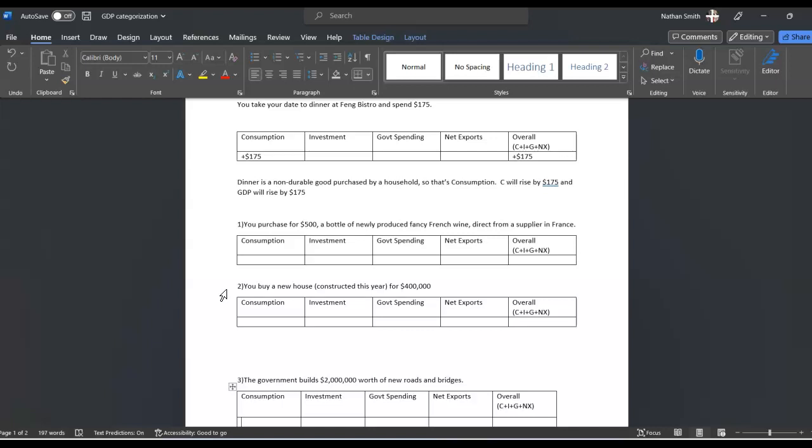Now here are some of the tricks. A couple of them may have more than one category. In the case where there's more than one, you could have a plus in one category of spending and a corresponding negative in another. That's kind of subtle. I want you to learn from the reading when that would be. But for example, if I had a negative, it might offset the positive, and